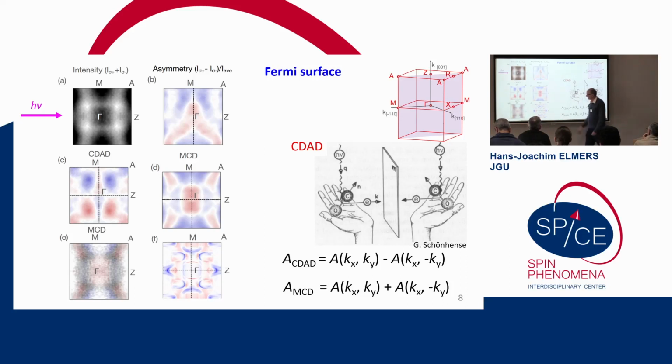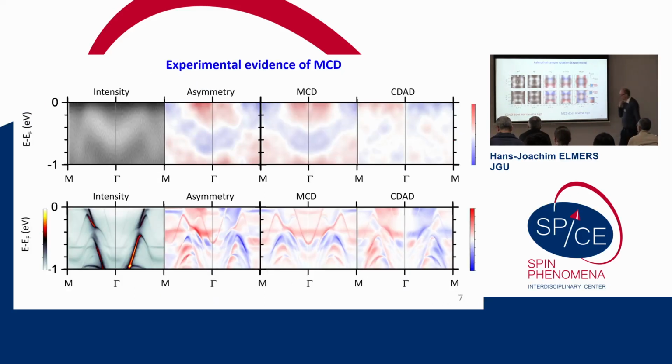Now we can combine the information on the intensity and on the asymmetry in this figure to see where our asymmetry is actually connected to the bands, and this is a calculated MCD result in the one-step photoemission calculation. So we have the wrong direction. So we have more evidence for that.